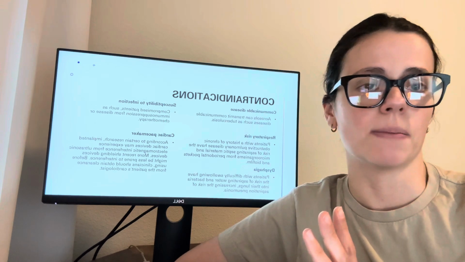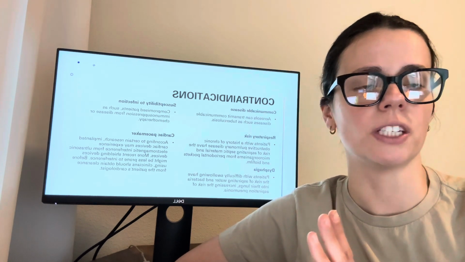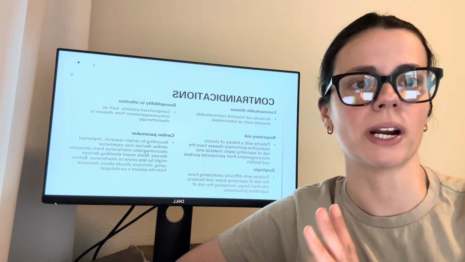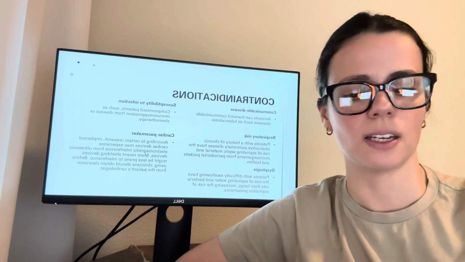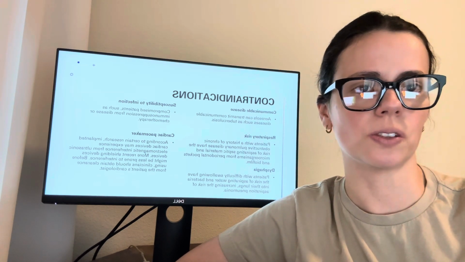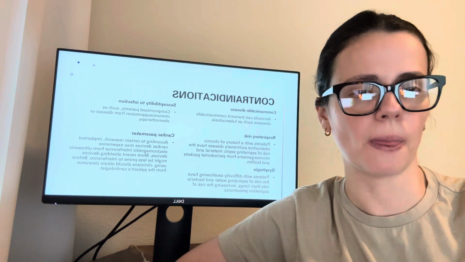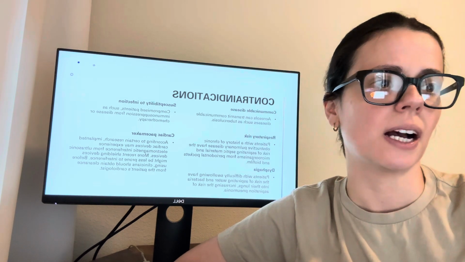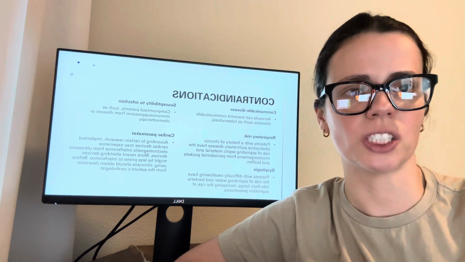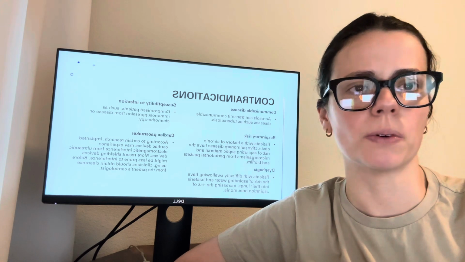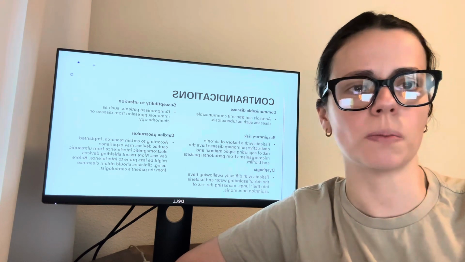They might not even come out from the problem. So we need to be very, very aware, because if someone has one problem like Parkinson's or anything, they should add one more to their health. Patients who are susceptible to infection. So we are talking about people who are going to chemotherapy or any